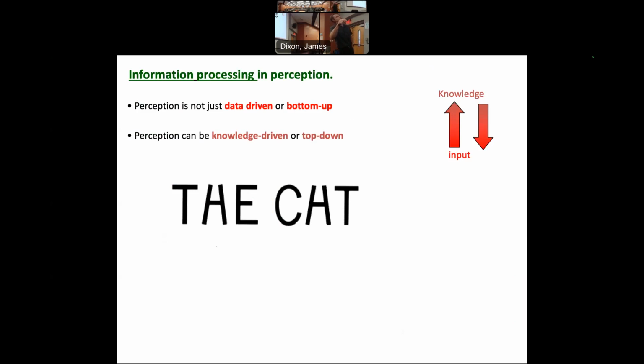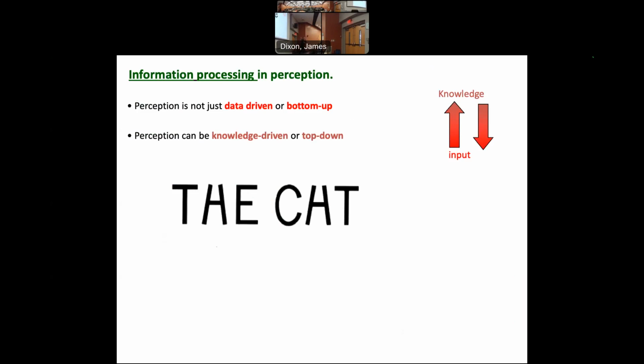So obviously, the problem is that the letter H here in "the" and the letter A here in "cat" are exactly the same. But as a reader, you took them to be entirely different because you have knowledge of what are acceptable letter combinations in English, right? And they're very powerful for you. And they immediately organize this into one word, which mandates that that has to be an H, and this into another word, which mandates that that has to be an A. So that's a great example of top-down knowledge of English, which isn't in any sense an evolutionary level pressure on you.